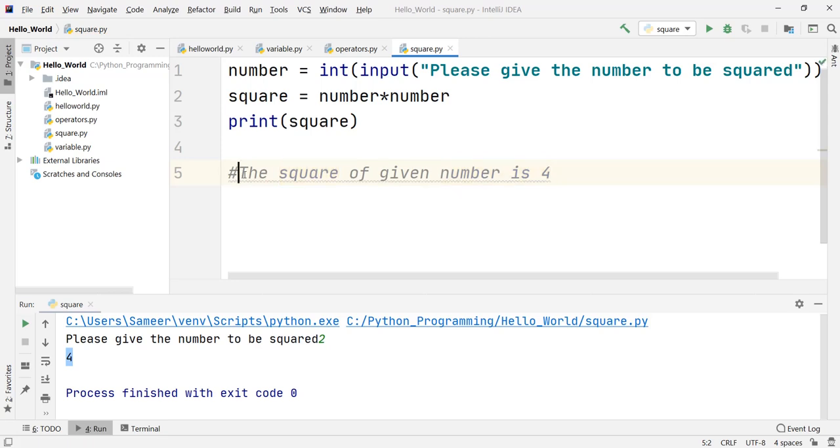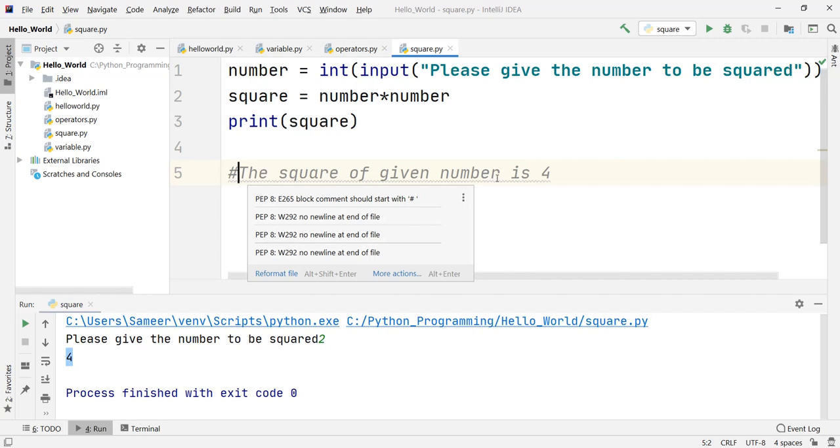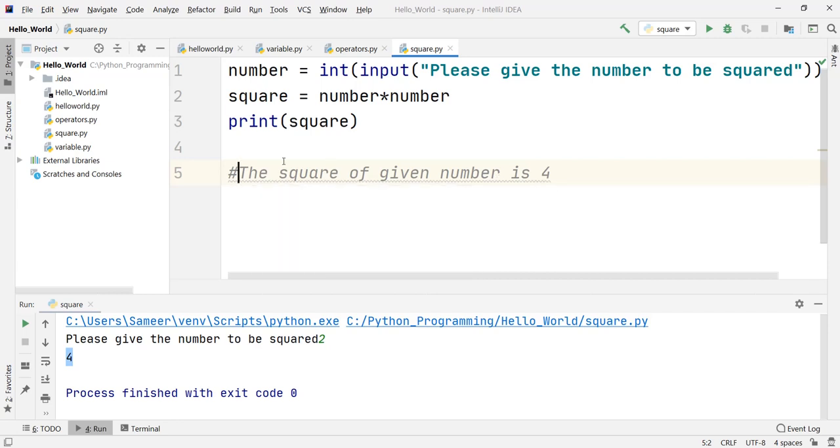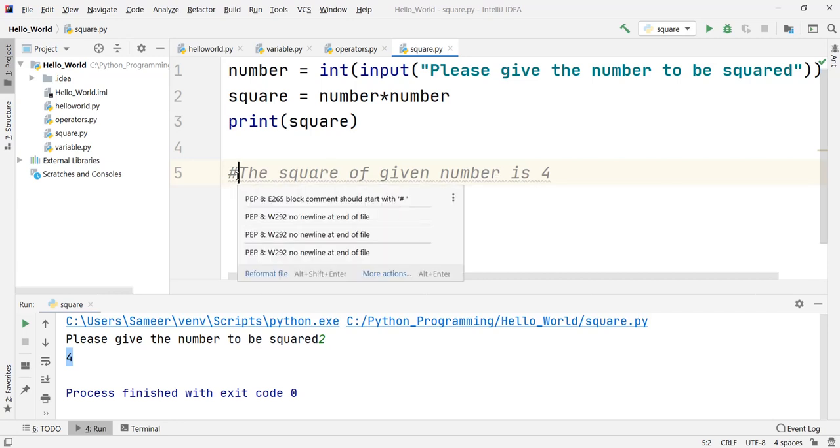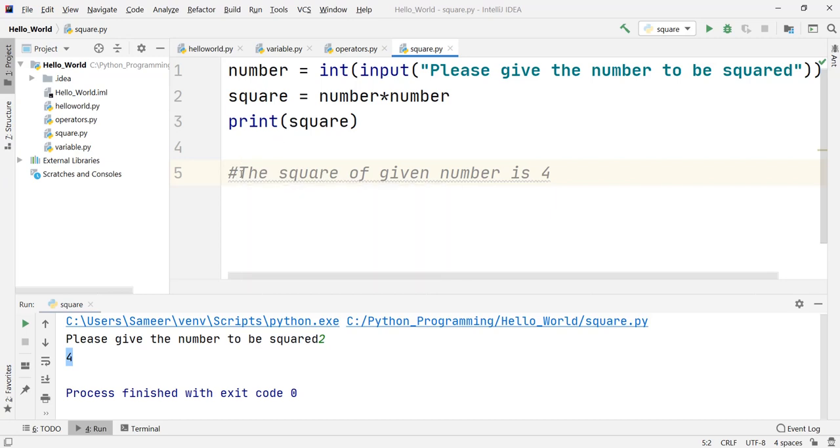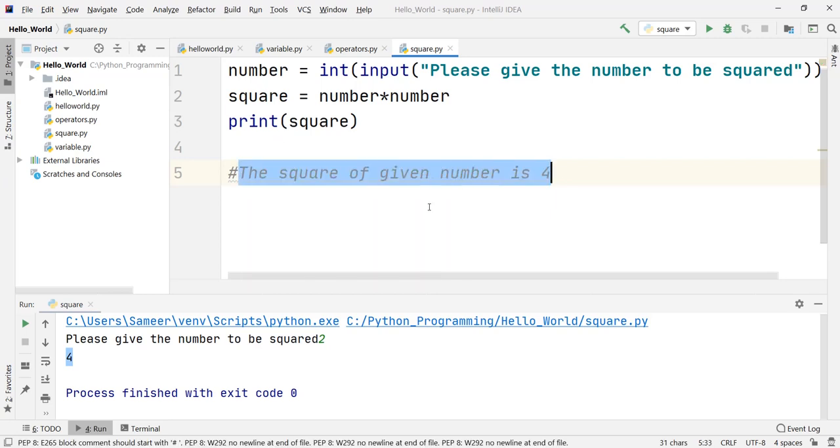If you put a hash in front of any line, it is considered a comment line. Comment line means your Python IDE, your IntelliJ IDEA, will not consider this line inside your actual code. It will be considered as a comment only.